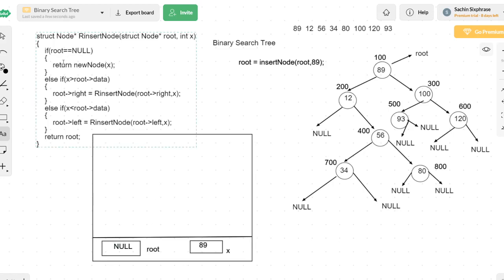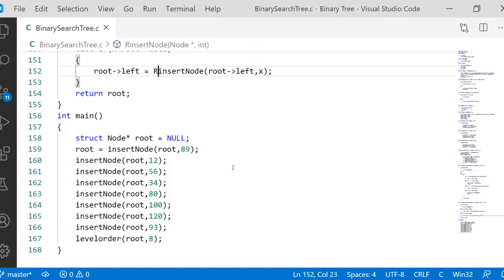And what we have here is return a new node. The new node function will create a new node and return that address. So you create a node 89 with address 100, and that address 100 will be returned, and in the main function the root will now be equal to 100.